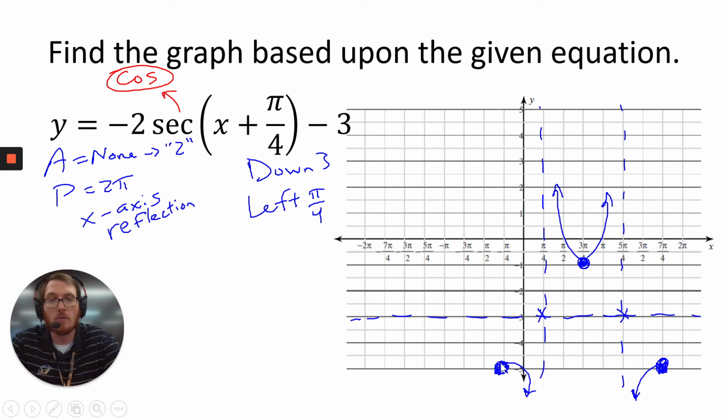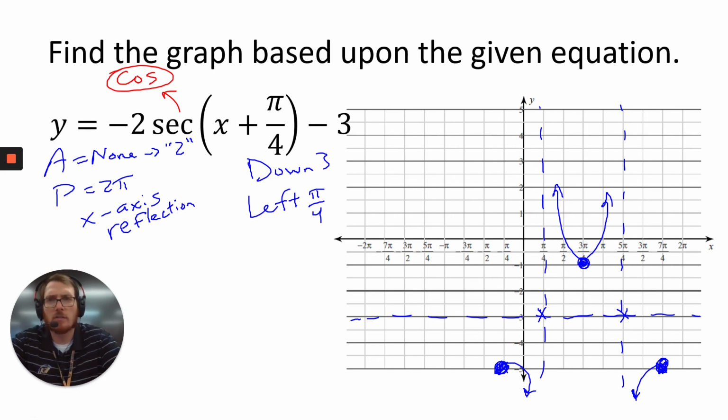I move them all over and flip them. So any spot that would have hit the equilibrium, which I moved down 3, that's why I have that dotted line horizontally at -3. Any spot that hits there would be an asymptote, and then the graph opens up in its opposite directions. For secant and cosecant, I would probably focus on the highest and lowest points to figure out the amplitude, and then see if the graph's moved up or down at all. But I would focus on those ideas first, and I think that'll probably help in order to find the answers